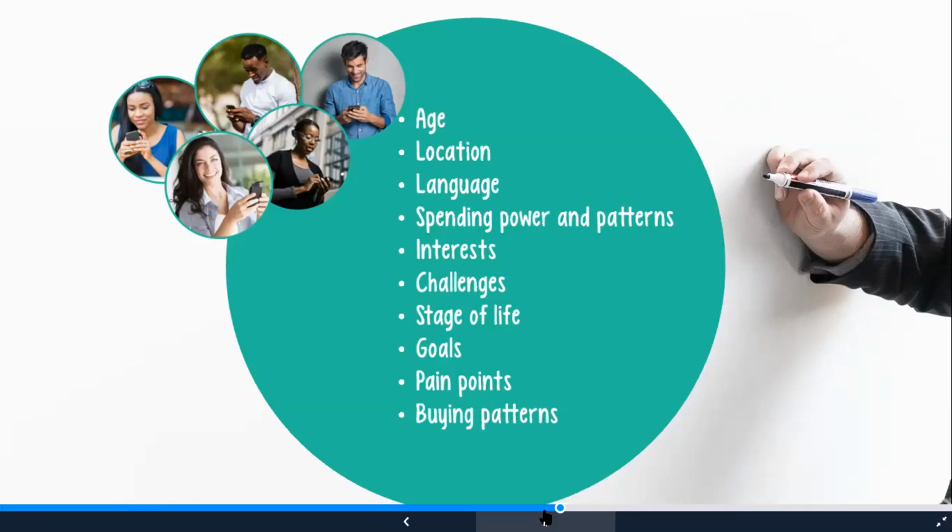Buying patterns could be, for example, replacing his vehicle every 3 to 4 years, replacing cell phones every 2 years, replacing laptops once a year. And that is the type of detail that you need to go into when you build your customer persona and your buyer persona. And that will enable you to really, really look at what should I communicate to my customers?